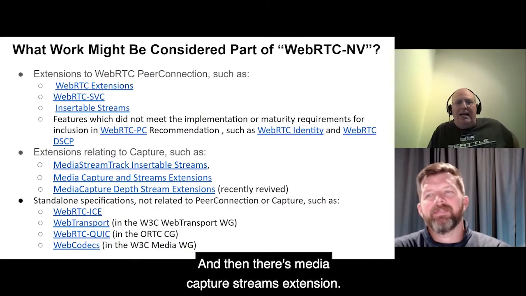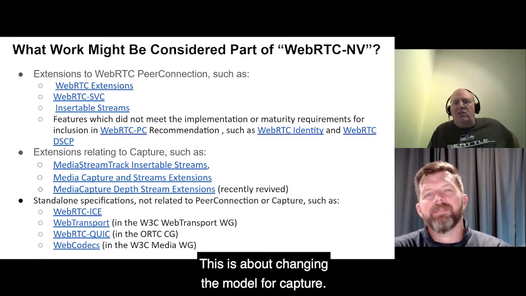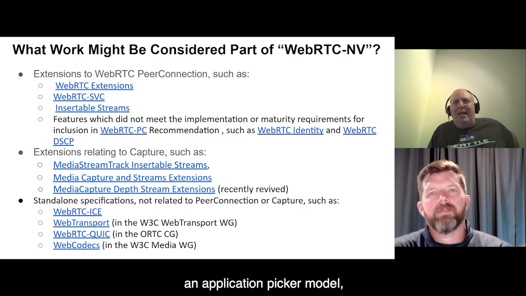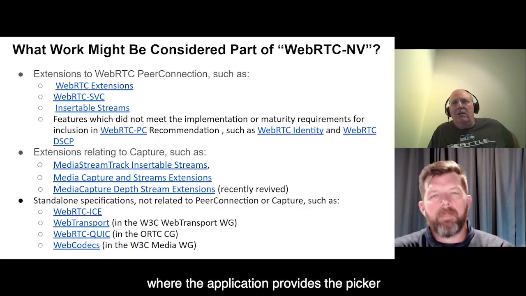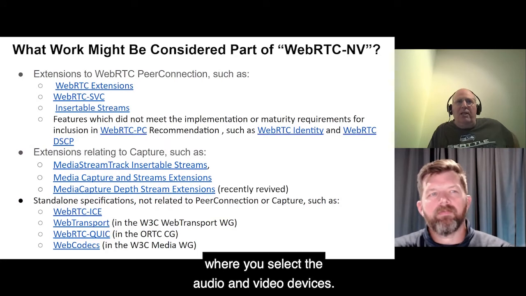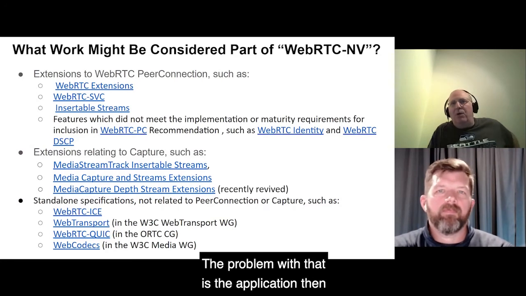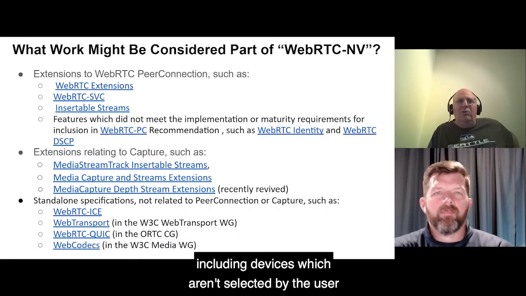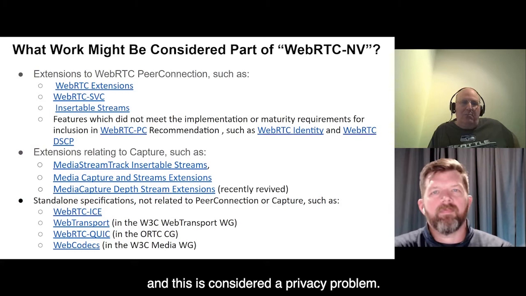And then there's media capture and streams extension. This is about changing the model for capture. So today we have what I would call an application picker model, where the application provides the picker where you select the audio and video devices. The problem with that is the application then has to have knowledge of all the devices, including devices which aren't selected by the user, and this is considered a privacy problem.